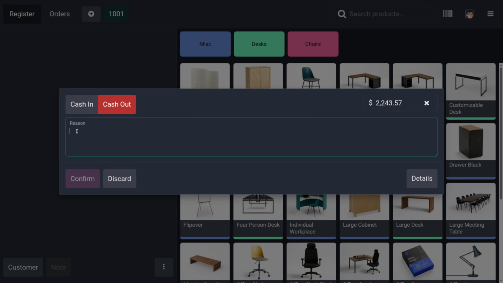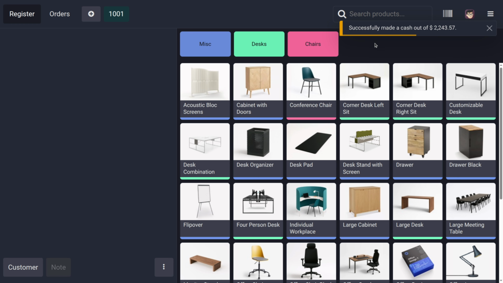You need to provide the reason. So here I'm going to write: move the POS cash to the main cash account. Once you provide the actual reason, you can simply confirm with the actual amount. Let me confirm it. Once you're done with that, you get a message saying you successfully made a cash out of